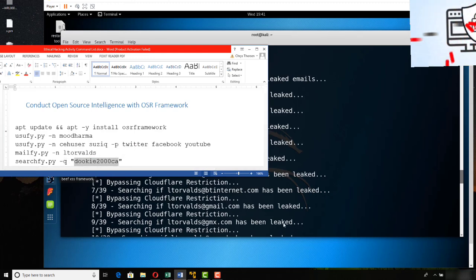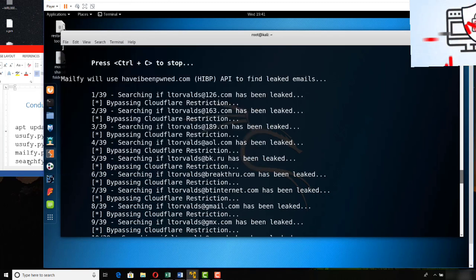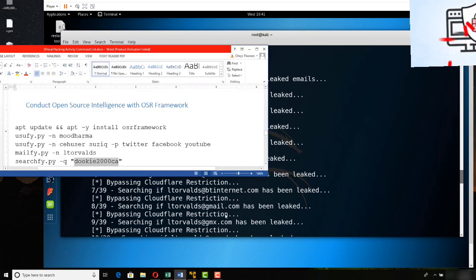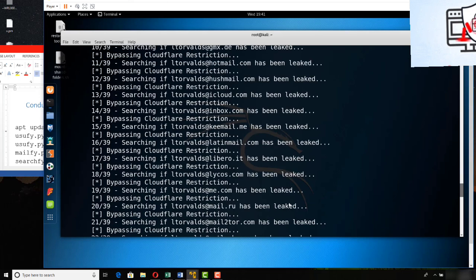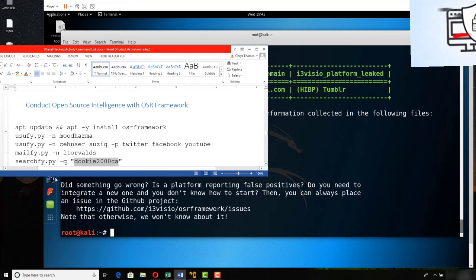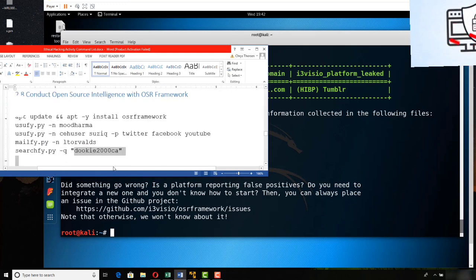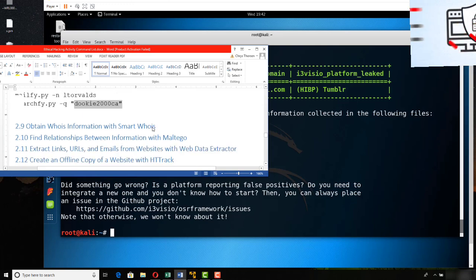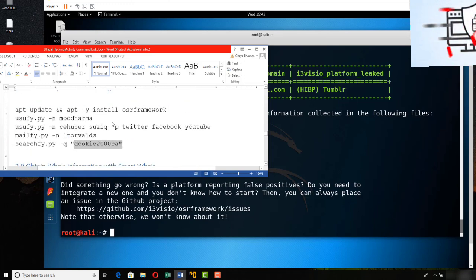So we're going to search pi tac q to do a query and put in something here. Put in this string to see if we can get something out of it. Let me just bring this over here so we can see. Let's search phi.py tac q, in quotes, Dookie